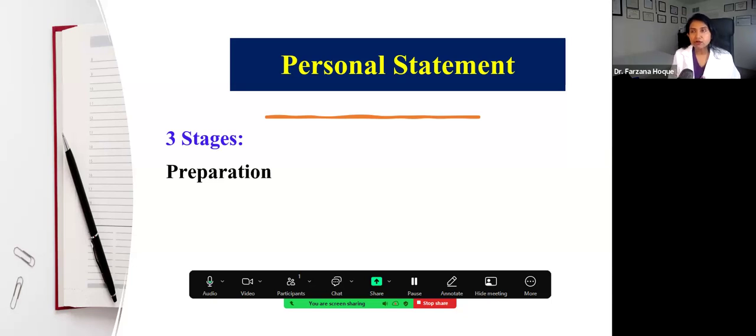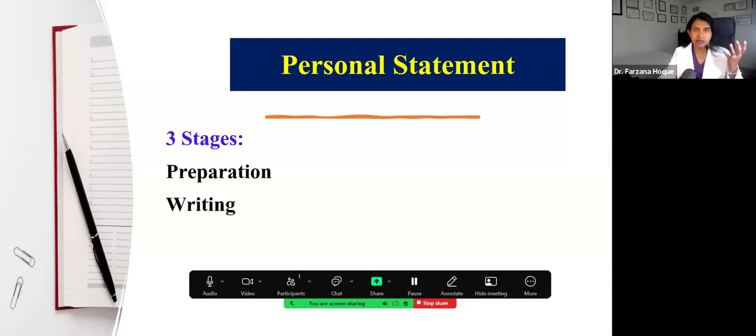You will also write down what are the words you are going to use. For example, which professional and personal skills, accomplishments and characteristics you will highlight in your personal statement. For example, for me, one of the strongest characteristics of my professional journey is patience, perseverance, empathy. So I should write down all those words during this preparation phase.